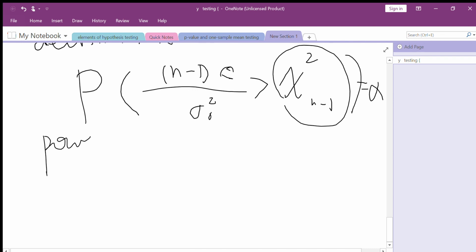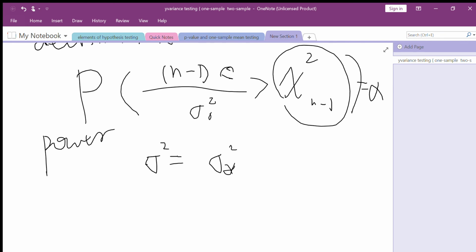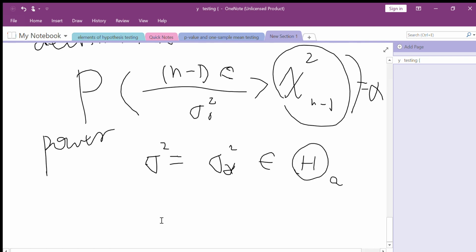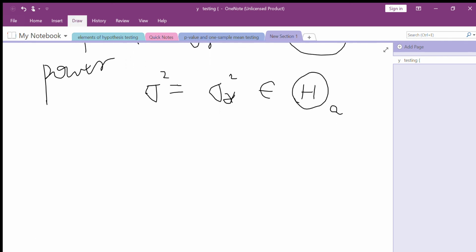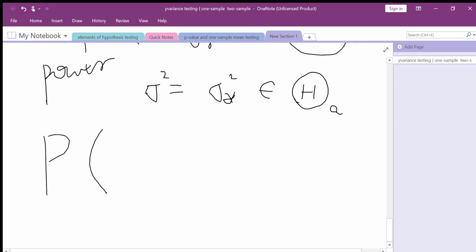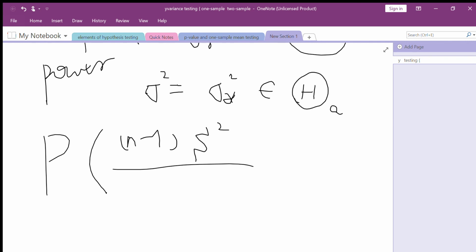For power, consider sigma square not equal to sigma 0 square, for sigma star square from the previous space of alternative hypothesis. What is the power function? So the power is n minus 1 capital S square, not small, over sigma star square. So this thing itself